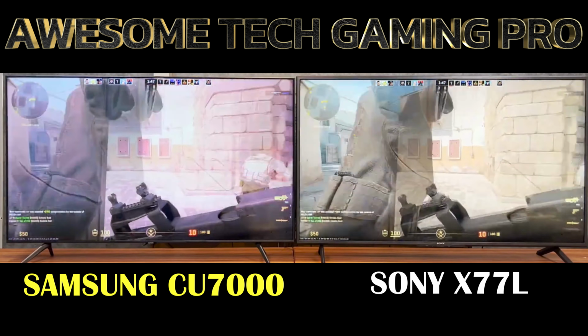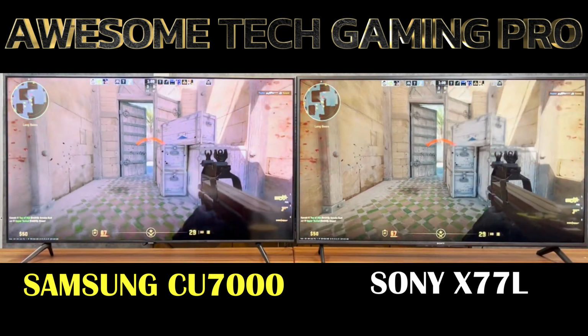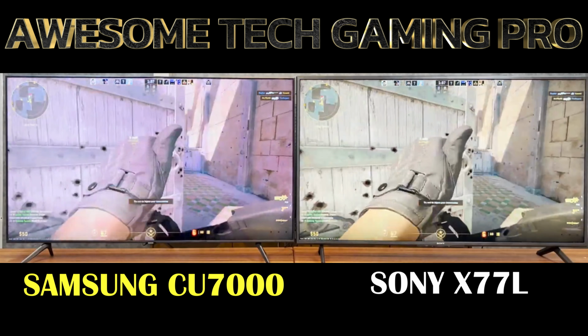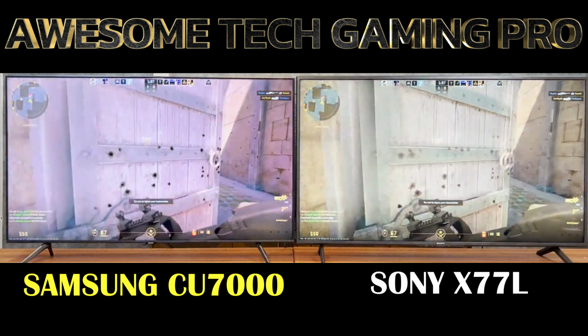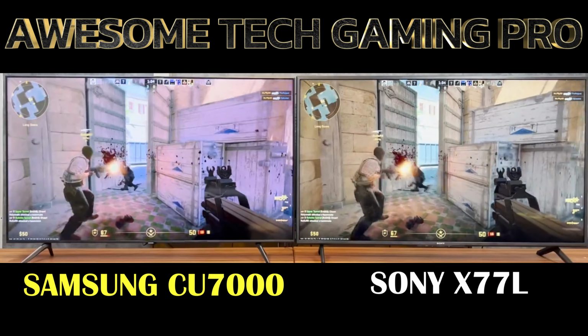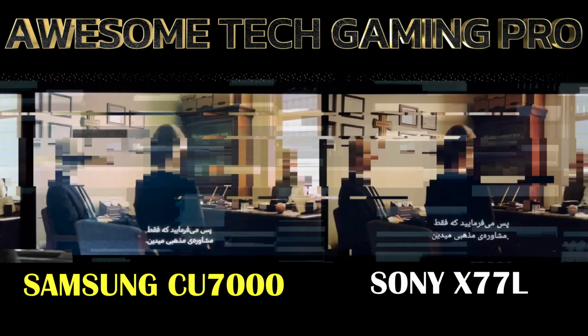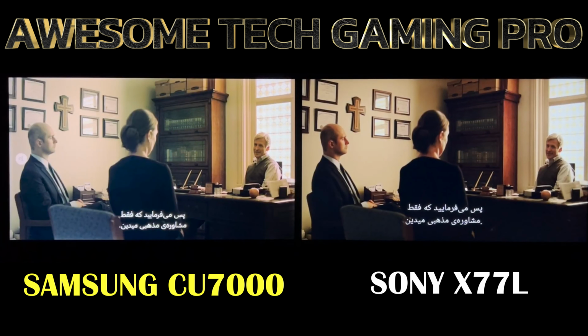The X77L has good accuracy before calibration, the image remains consistent at an angle, and it has good uniformity and is flicker free at all brightness levels. On the other hand, the Samsung CU7000 is alright for watching sports. It has satisfactory reflection handling, but mediocre HDR peak brightness. It has a good response time, so there's very little blur behind quick moving players and objects. The TV also does an alright job at upscaling lower resolution content,